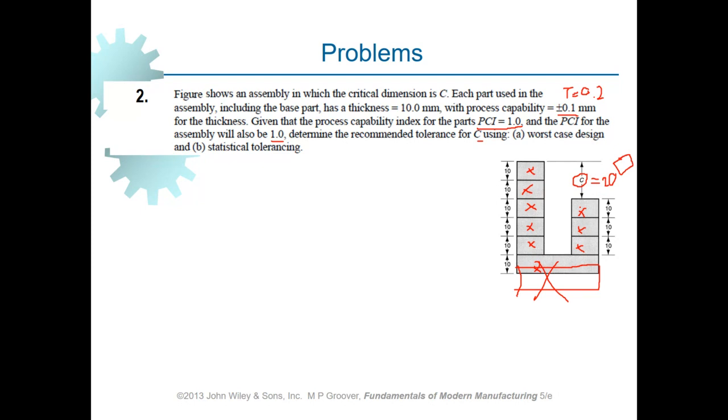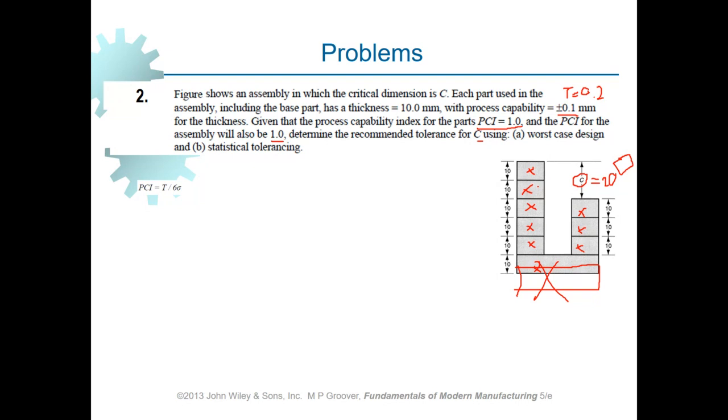So there are 8 parts in the assembly which are deciding the critical dimension C. And the tolerance of each one of these is plus and minus 0.1, which comes to a total of 8 times plus and minus 0.1, or 8 times 0.2 millimeter. So if we want to get this computed, then what we need to do is just to write down what